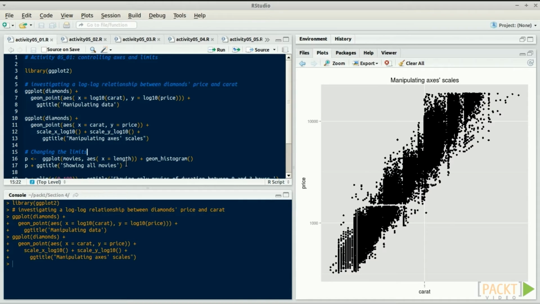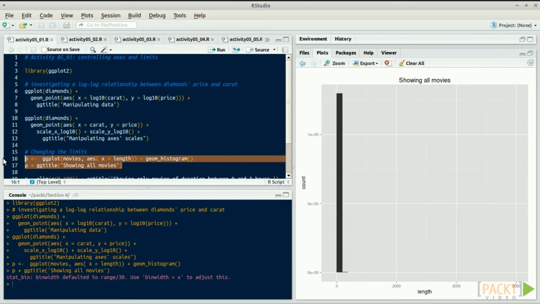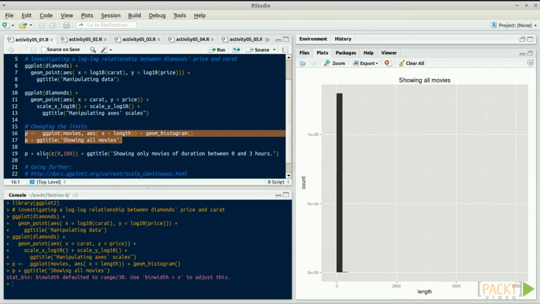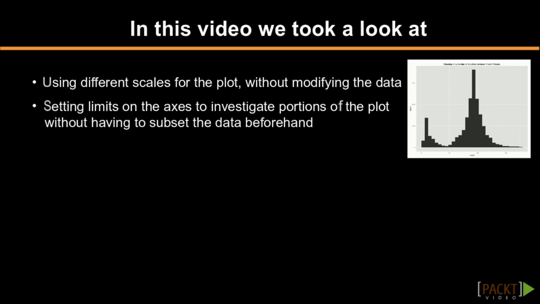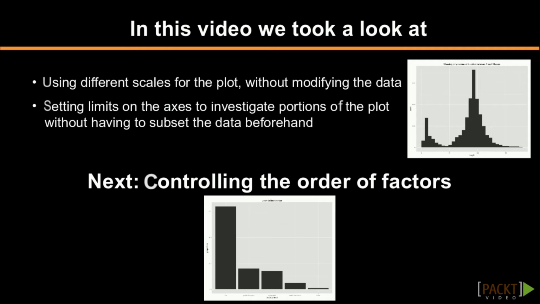Run the next example. This is a distribution of movie length from the dataset movies. Because of some rare and very long movies, most of the data is squashed on the left-hand side. Use xlim to only plot the distribution between 0 and 3 hours. Run the last example. We are now looking at the more interesting portion of the distribution. We saw how to plot on different scales and to plot only parts of the graphs without manipulating the data, using scales and limits. In the next video, we'll see how to control the order in which categorical variables are